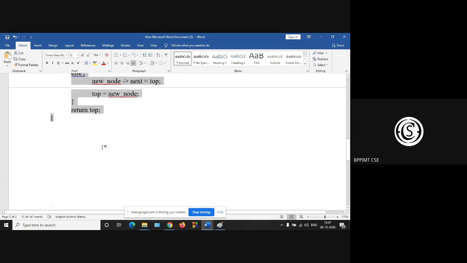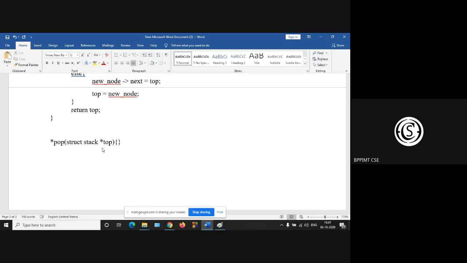And what will be the pop? So pop. Return the topmost element.